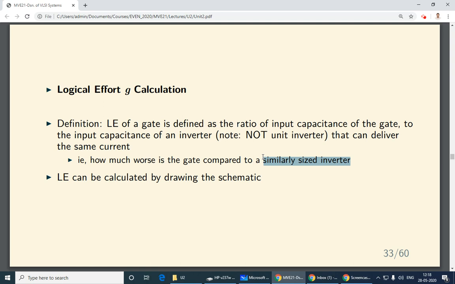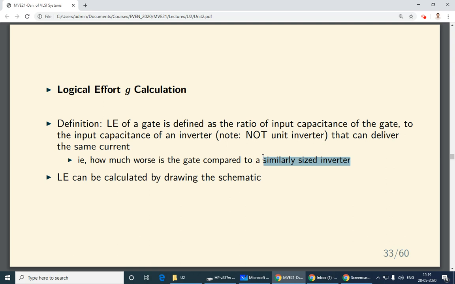And this is a ratio. We already saw what is in the numerator. For the denominator, take your gate, whatever gate it is, NAND gate, NOR gate, and convert it into an equivalent inverter. What is the meaning of convert? Convert means you have to convert all the pull-up network transistors into one single equivalent PMOS transistor, not just size 2. Okay, it might not be size 2, it could be anything. That is what you have to find out. And then do the same for the NMOS transistor. Then that is the input capacitance of the equivalent inverter. The ratio of the two: 10C divided by, you might get something like 8C. So your logical effort of the gate is 10C by 8C or 10 by 8.